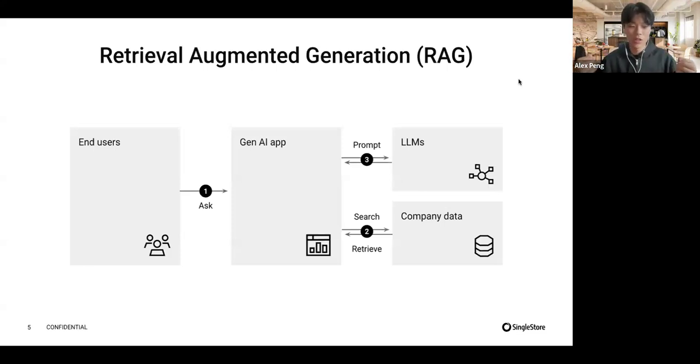And hallucinations are essentially when an LLM doesn't have the information necessary to produce an answer, so it just makes things up, right? And to fix this, the AI community at large has come up with this concept of retrieval augmented generation, and that's essentially taking the